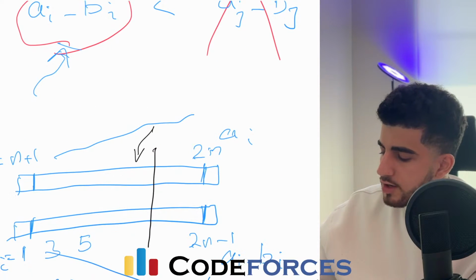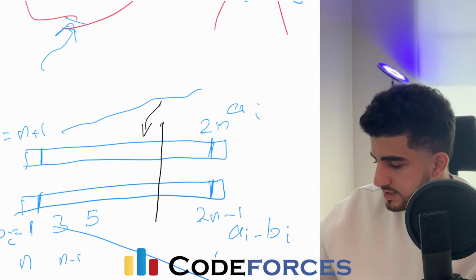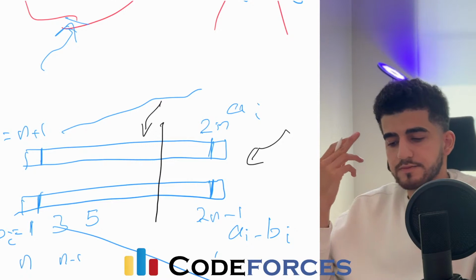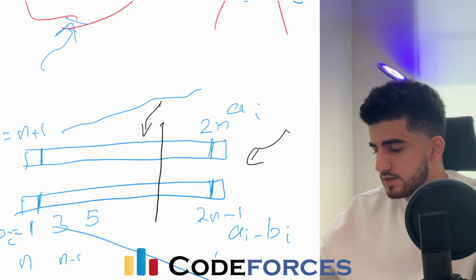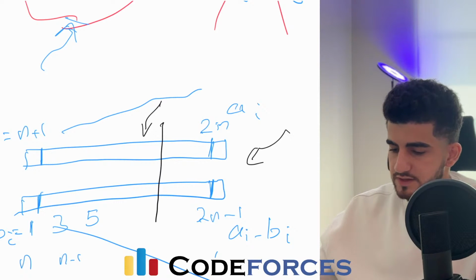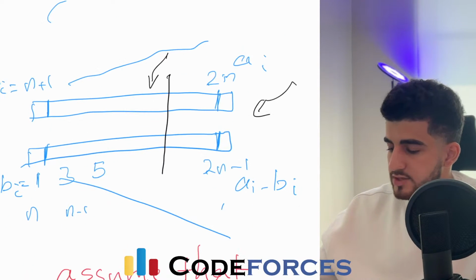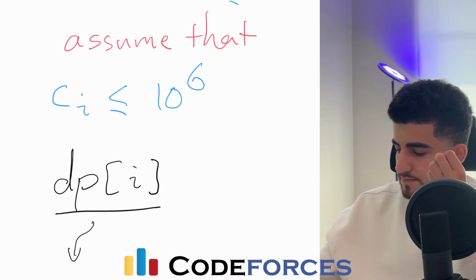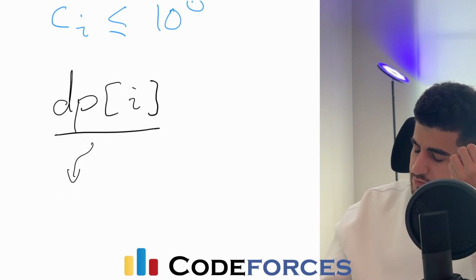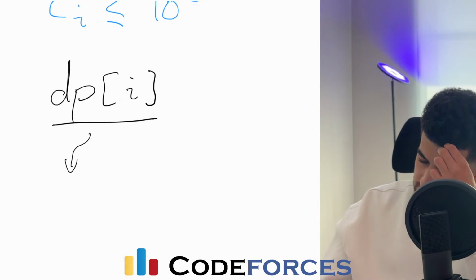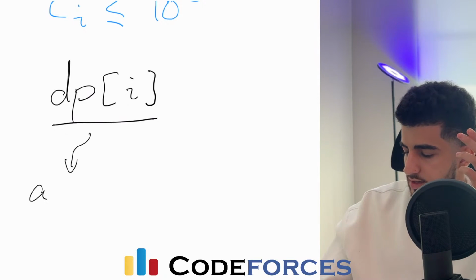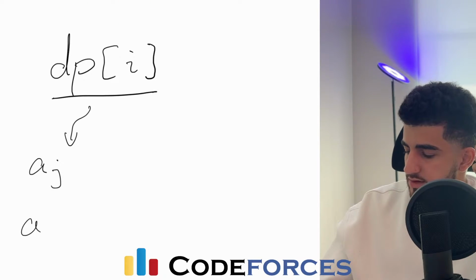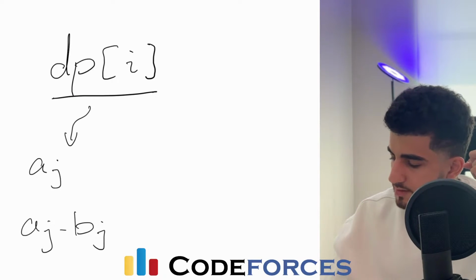So I should do a lower bound. Assume that all these swords are stored in a vector. I should have a lower bound on the vector and find the first one. First, find the latest one that I can craft. And then, if for example it is the weapon number J, it has some value of AJ and some value of AJ minus BJ. Then I can say that dp of I will be equal to